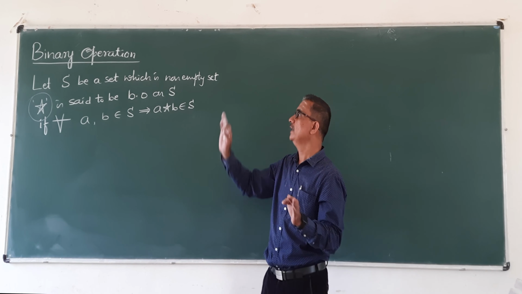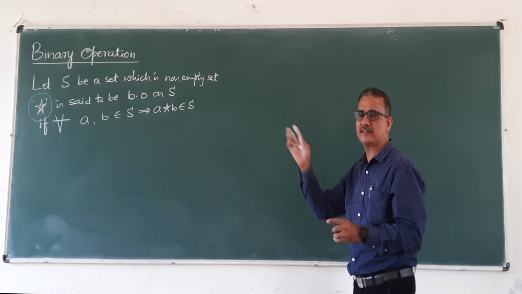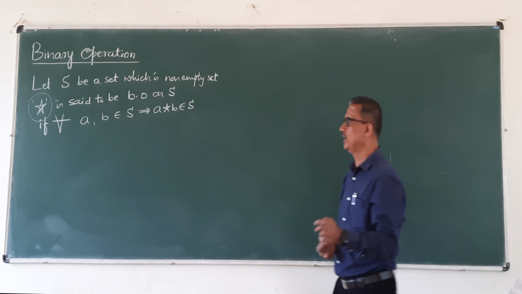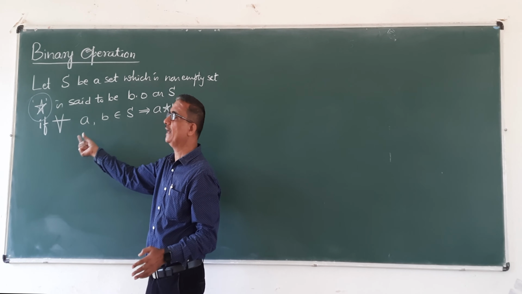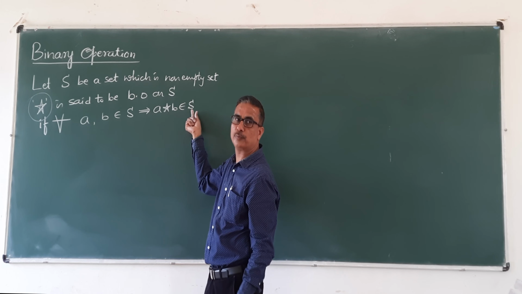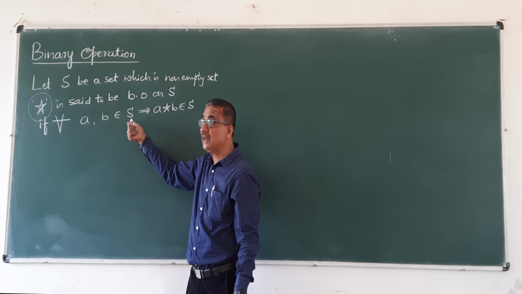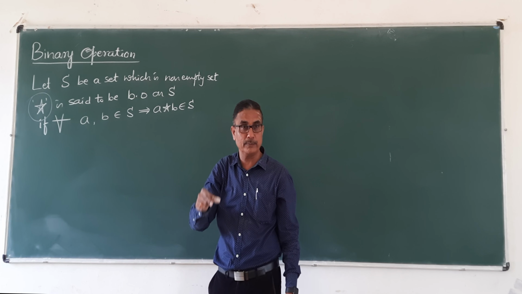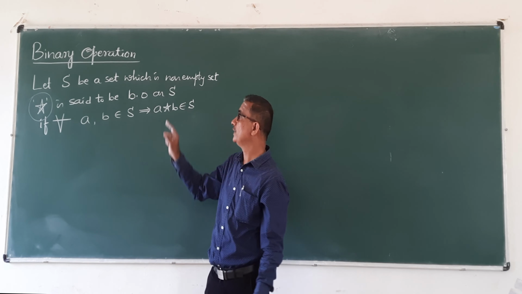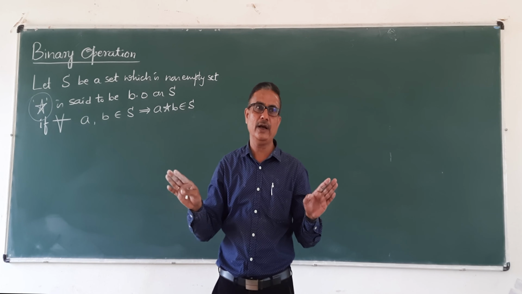Okay, so definition: S be a non-empty set, an operation denoted by the notation star is said to be a binary operation on the set S if for all elements, for every element in general say A and B belong to S, implies combining those two, A star B also belongs to S. When we operate on those two elements, the answer should be in the same set. If the answer is in the same set from which we took two numbers, then that is known as binary operation. If it is not in that set, then that is not binary operation.